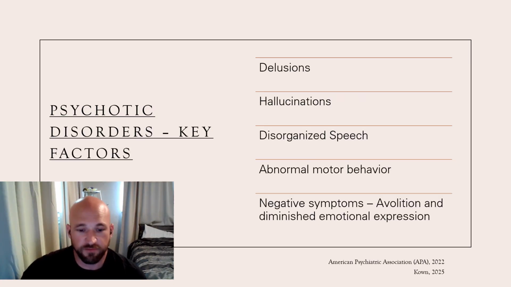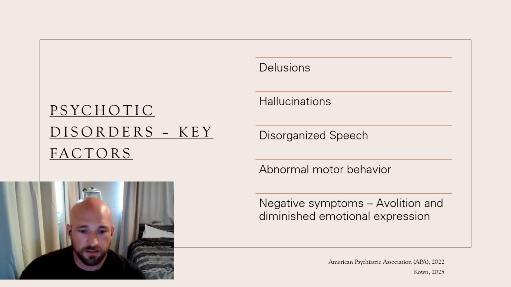So there are 5 key factors whenever it comes to diagnosing psychotic disorders. The first of these is delusions. If a person has beliefs that they're not going to change regardless of whether there's evidence that shows them that that belief is incorrect or not, it's incongruous with reality. They believe something that's just not true. For instance, they may have a belief that they're a special agent with the FBI. You call the FBI, and they say that person doesn't work for us, we've had no contact with them, but they believe it. And so they're acting in light of those delusional beliefs.